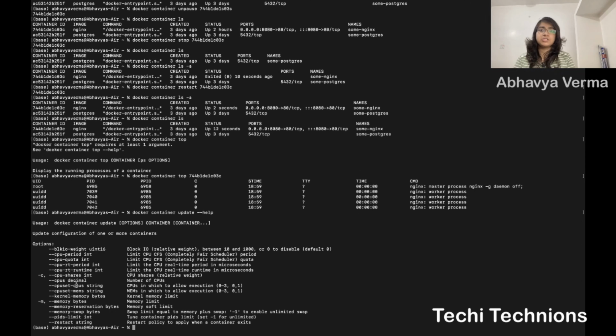And docker container run I have already shown. This command has a lot of parameters. You can do the port mapping, the password can be provided if it is a DB system. You can provide volumes here, you can provide a network here. Too many tags are there for the docker container run command. I will make a totally separate video for docker container run. Earlier also I made one video on docker container run, but it was regarding only the basics. But this time I am going to make it in detail, like what are the various combinations of tags and how they can be used.